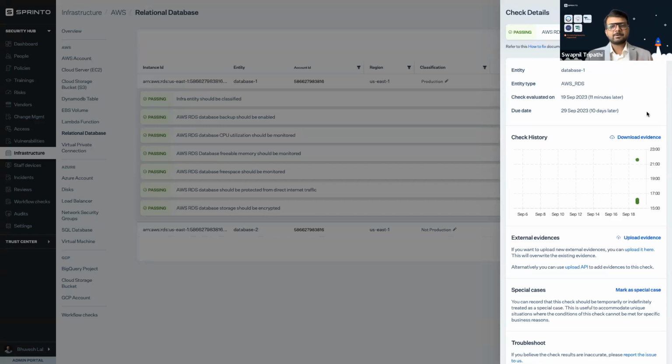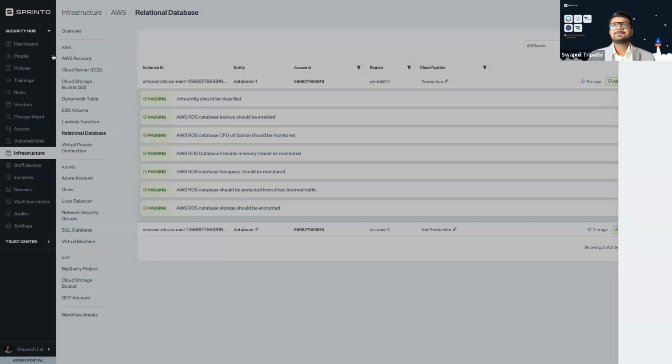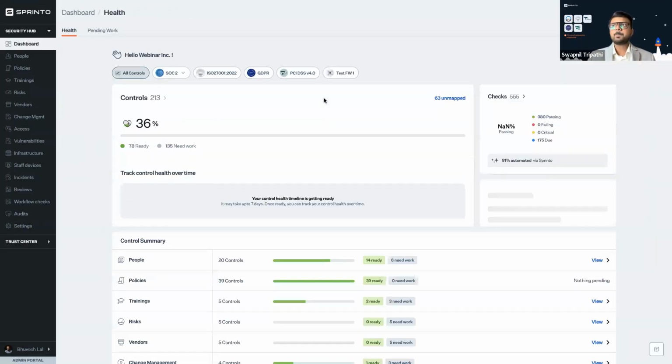We are collecting these JSON files and these evidences automatically. Then there is a task created every time there's a failing check so that you don't miss out on something. So during the audit, you don't find out as a surprise that this particular AWS check is failing. You will know exactly which check is failing by simply coming onto Sprinto and seeing this on a dashboard, right?